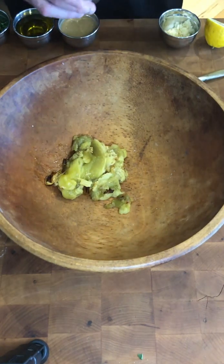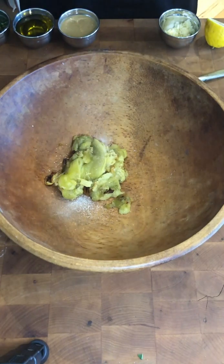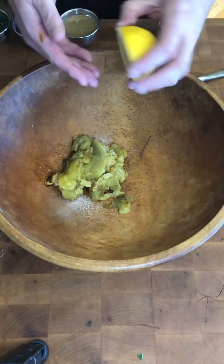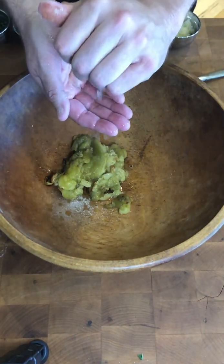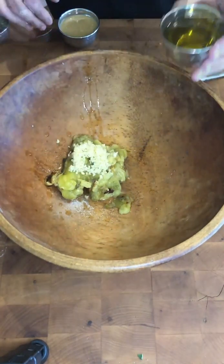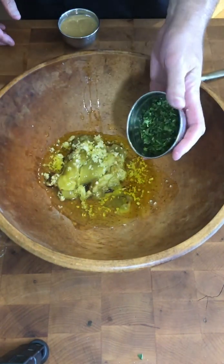So I wanna add just a pinch of salt, a little bit of cumin, just a pinch really, but as much as you like. We've got some fresh squeezed lemon juice. If you drop a seed in there, make sure you get those out. You can also add some lemon zest in there if you like. Fresh chopped garlic, a little extra virgin olive oil, some chopped fresh parsley,